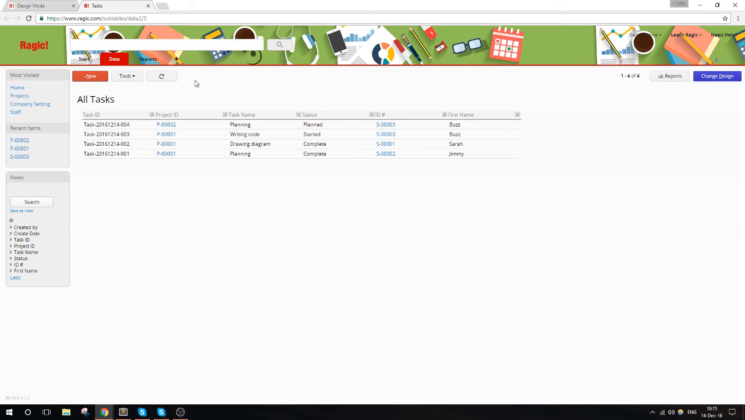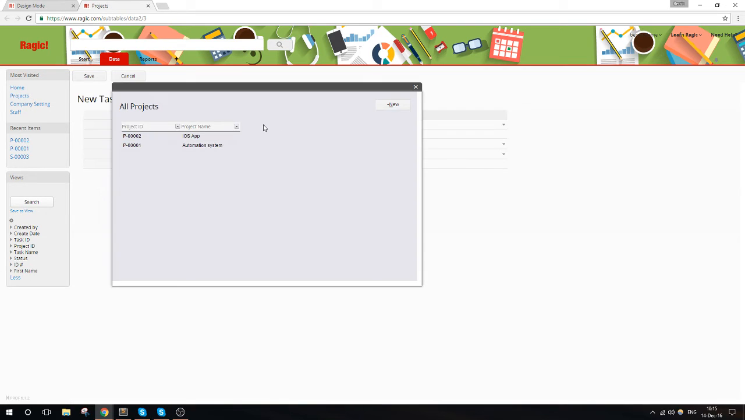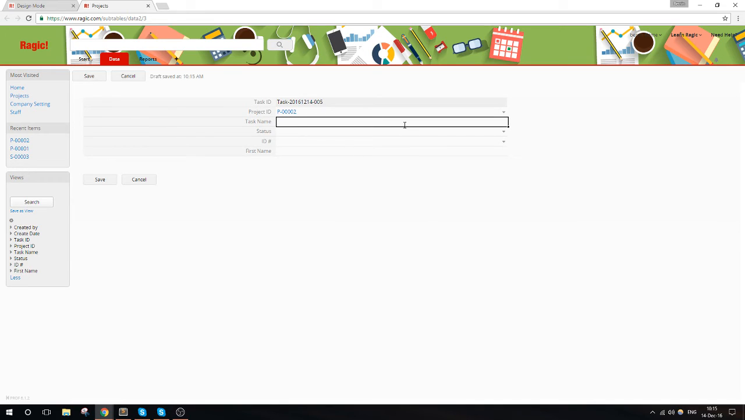Okay, so that data is automatically being taken from the subtable and put here. Since they're linked to each other with a project ID, with this method, I can actually create a new entry here. So if I wanted to create a new task for the iOS app, saying like,